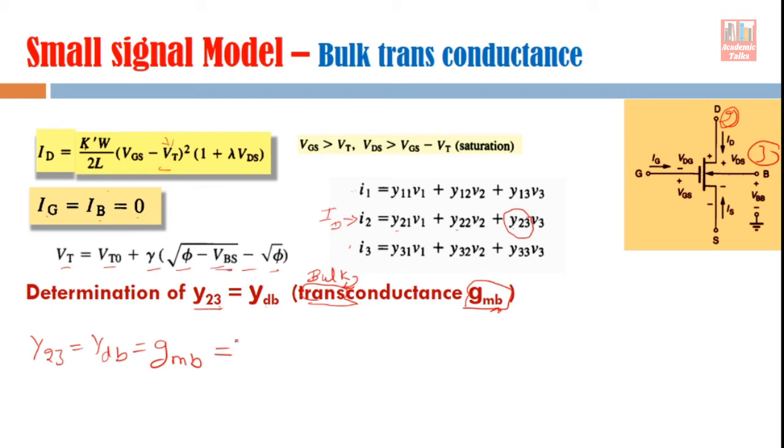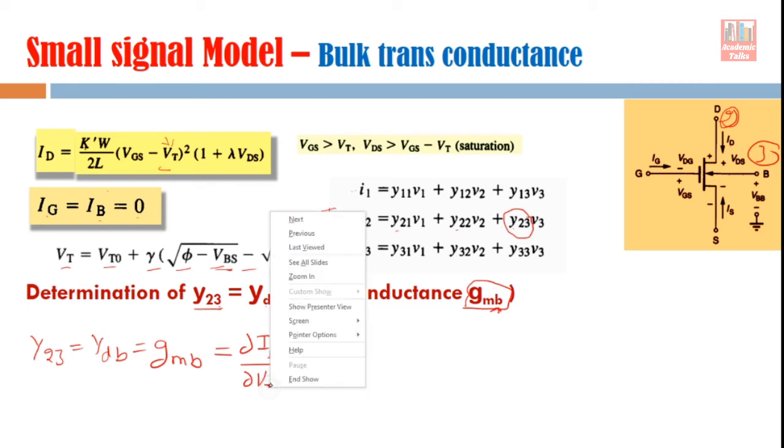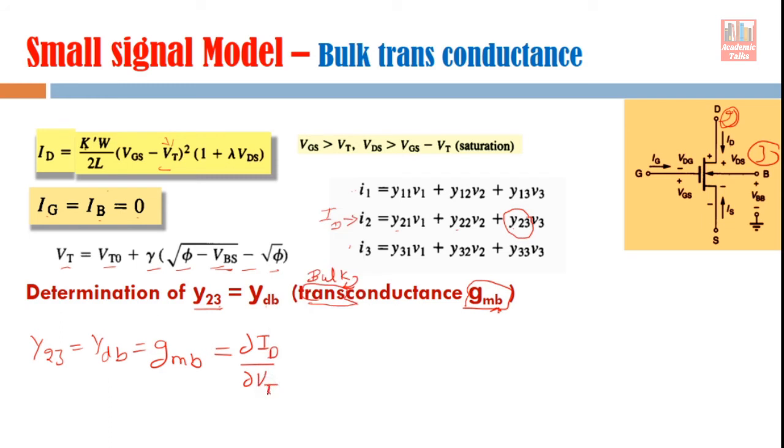So what we will do, simple mathematics, you know, differentiation of this, we will differentiate it with respect to VT, and then we will differentiate this VT with respect to VBS. Actually our purpose was to find out the differentiation of the ID with respect to bulk voltage, but we are writing it like this. So first differentiate it with respect to VT. What you will get,